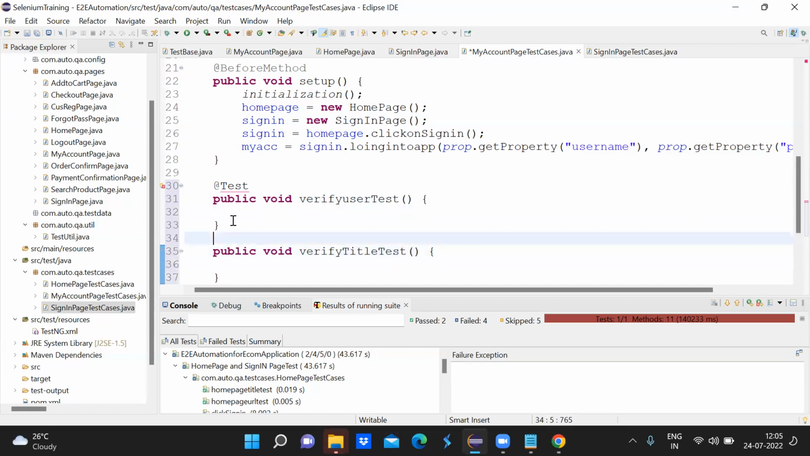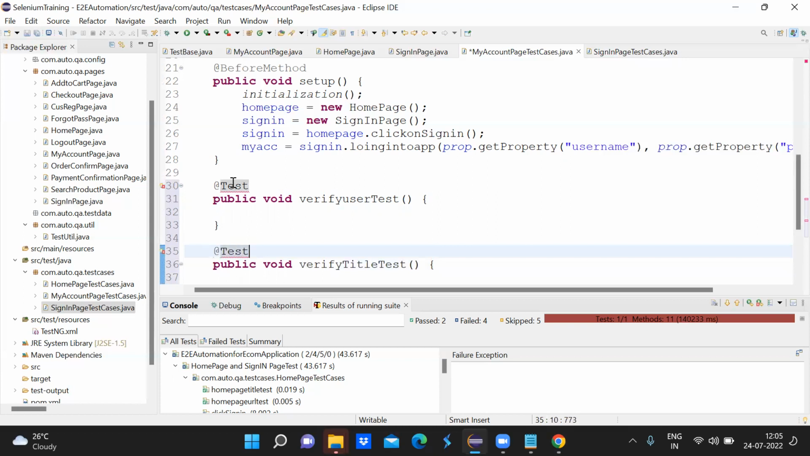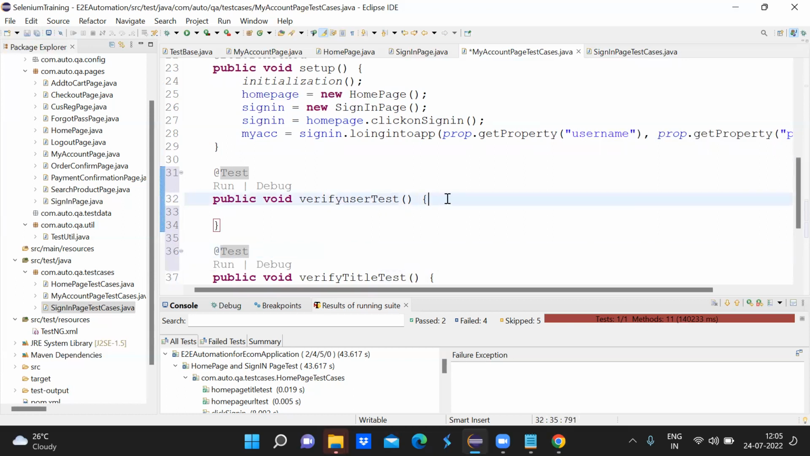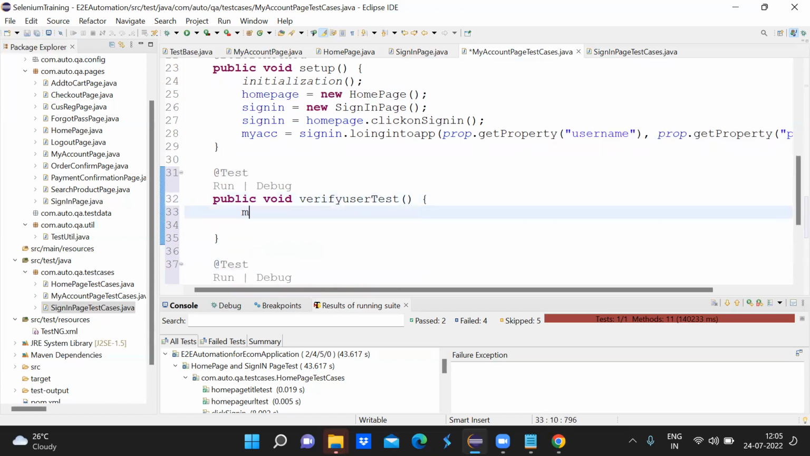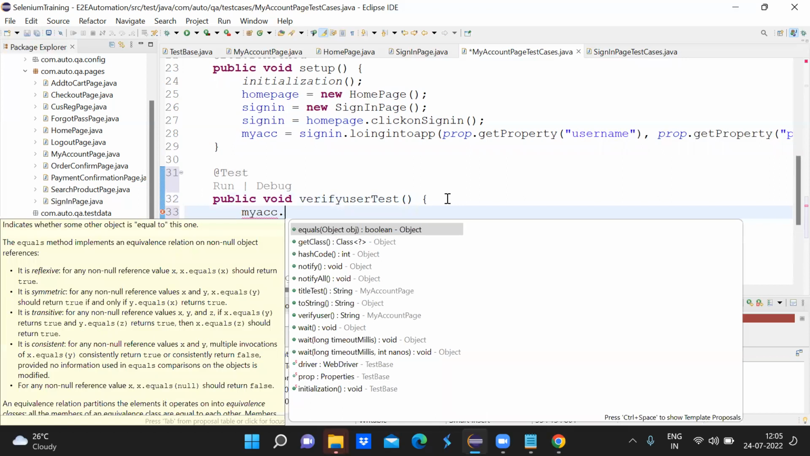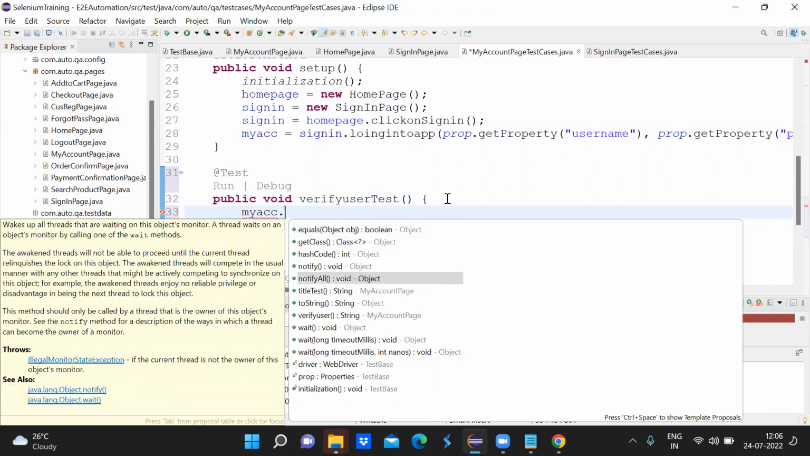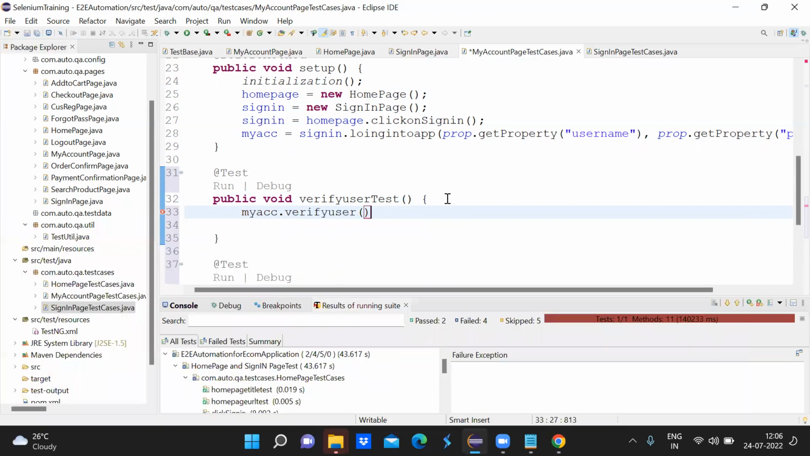Okay, so this also test and import test, and for verify user test I will have to get the method from my account page, that is your verify user, right? And this would return you a string, right? This method is returning you a string. So string user equal to this,